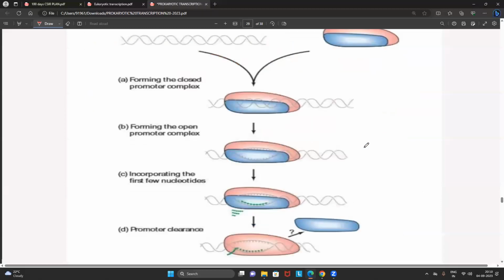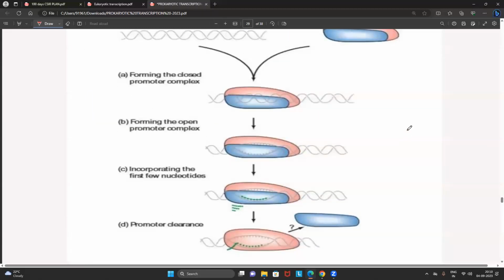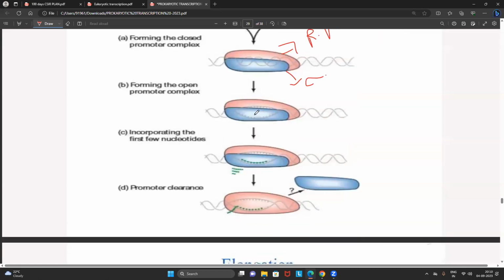Now all the students look into this diagram. This is the most important point all the students have to recall. Everyone remember, this is an RNA polymerase enzyme. Focus everyone. This is a sigma factor. So the sigma factor guides the RNA polymerase enzyme to come and attach to the promoter. Initially, it forms a closed complex. Later, the closed complex is converted into the open complex. You got that point correctly.